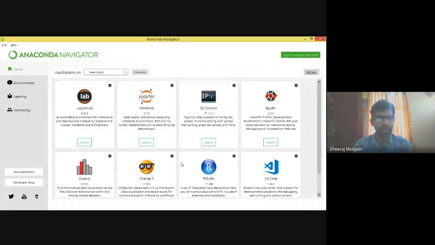Give me 1 second, please. Share this part. Now you are able to see this platform. Jupyter Lab is there. Jupyter Notebook is there. Qt Console is there. Spyder is there. RStudio is there. Orange 3 is there. VS Code is there, Visual Studio. So Jupyter Lab, Notebook, Spyder and RStudio are for the statistics part or the data science part.